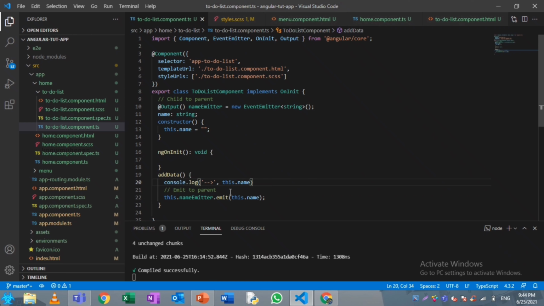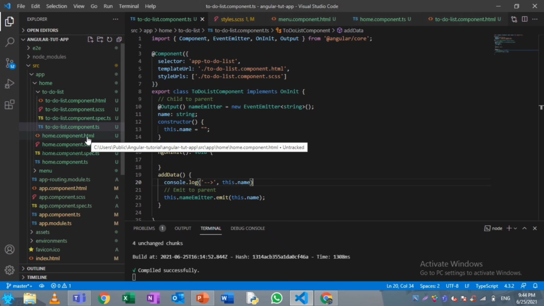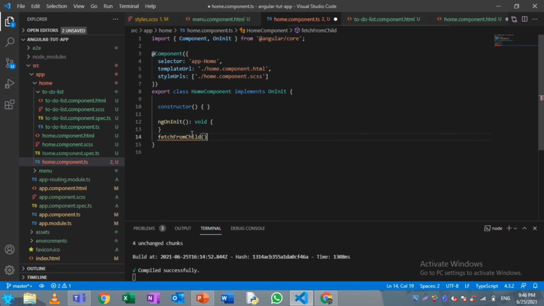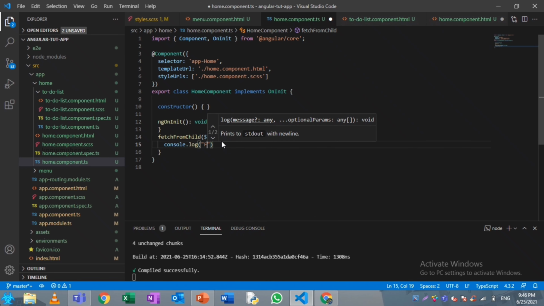What it will do is emit to the parent component. In my parent component, I am going to create a method called fetch from child. It is just going to get the event which is triggered from the child, and paste it in my parent. That is so simple, right? One thing to remember is we don't have to put any input or output inside our parent component. The decorators of input and output will in all instances come inside the child only. You have to remember this point whenever you're coding in Angular.